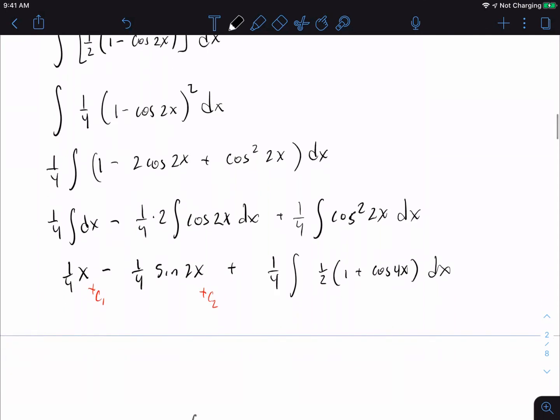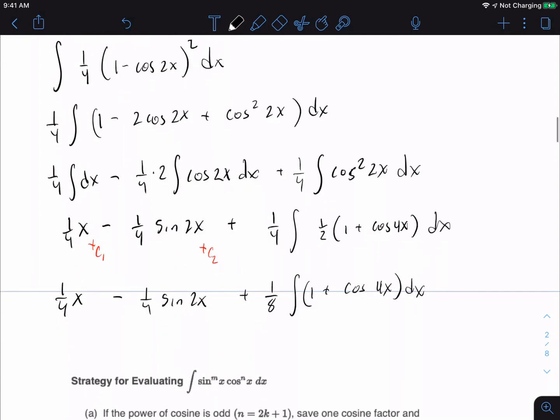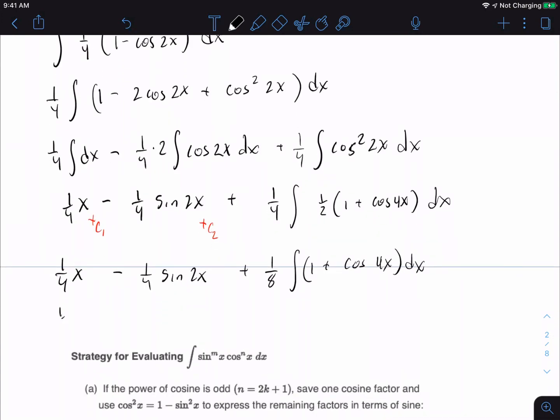And so I'm going to have 1/4 x minus 1/4 sine 2x, and then this will be plus 1/8 the integral of 1 plus cosine of 4x dx. And so this is going to become 1/4 x minus 1/4 sine of 2x plus 1/8 x plus